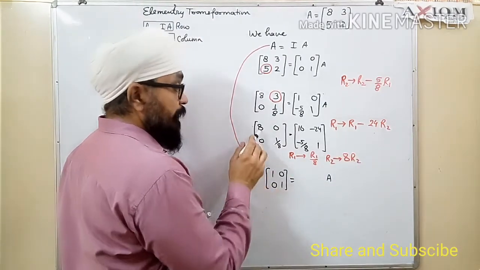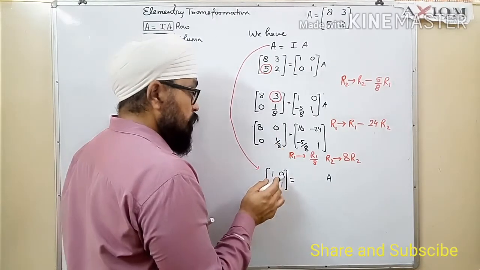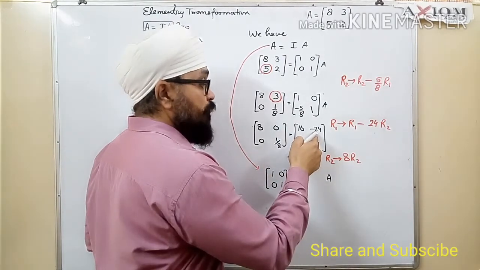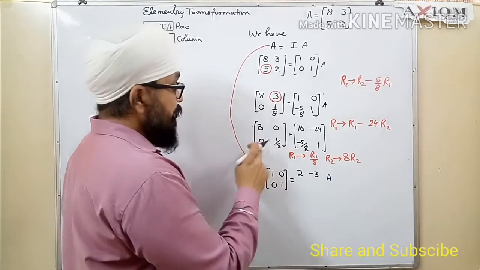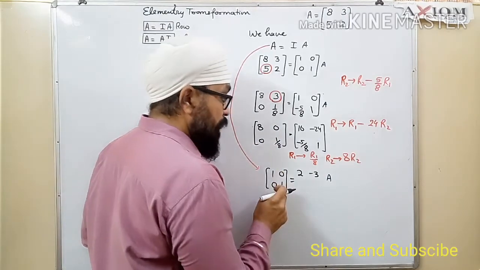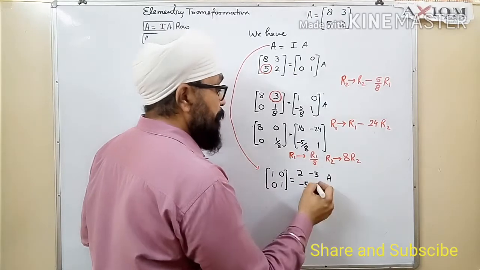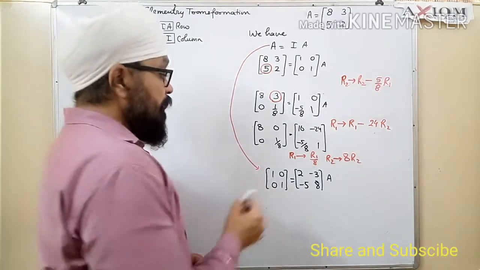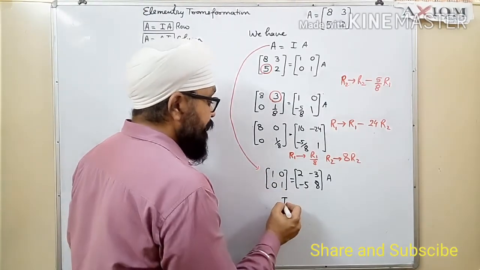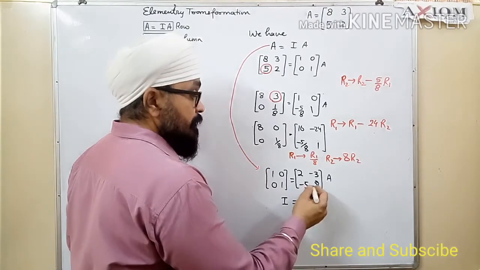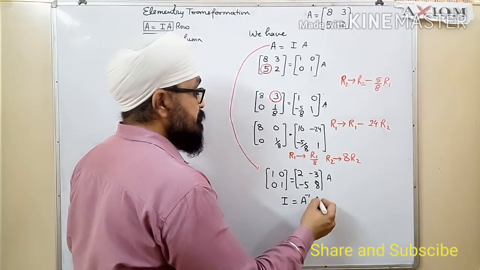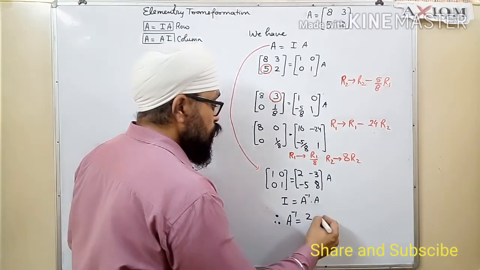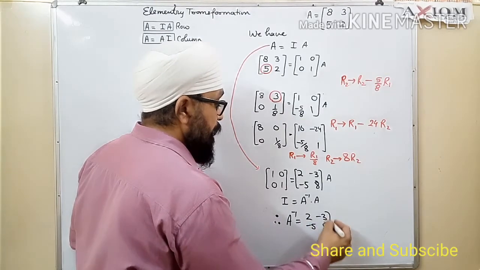पहले यहां पे 8 से डिवाइड कराया तो ये हो गया 16/8. दिस इज 16/8. वी लेफ्ट विद 2. देन दिस इज minus 24 डिवाइड बाय 8 minus 3. Then we are having 0 as it is. 1/8 multiplied by 8, 1 multiplied by 8, minus 5 multiplied by 8, it is 8. So we are having a particular matrix. This is identity. This one is a new matrix. This new matrix is nothing but inverse. So we can say therefore A inverse is 2 minus 3 minus 5 and 8.